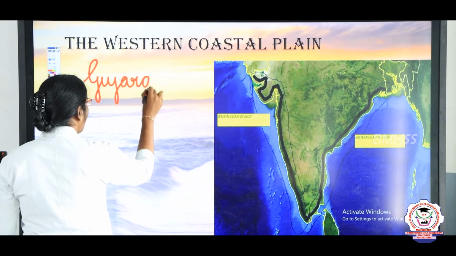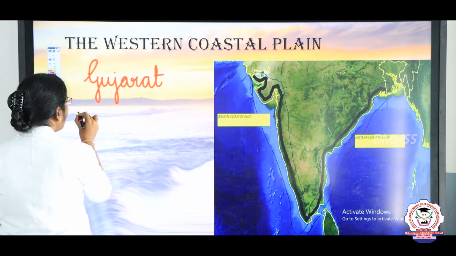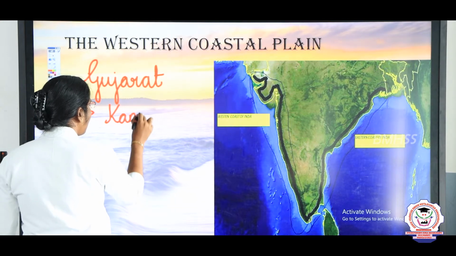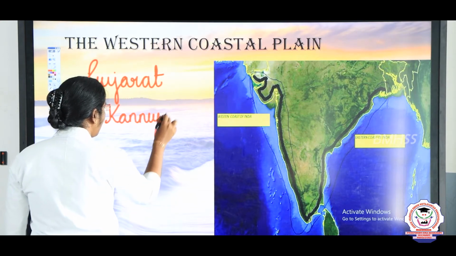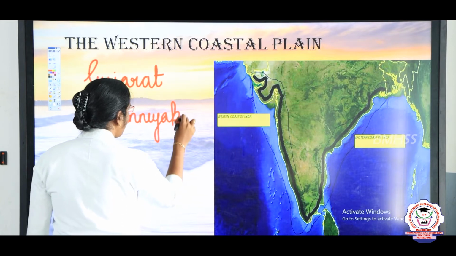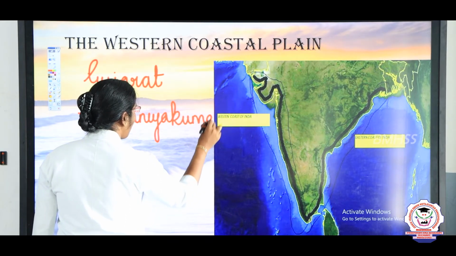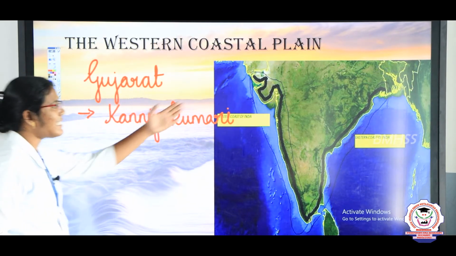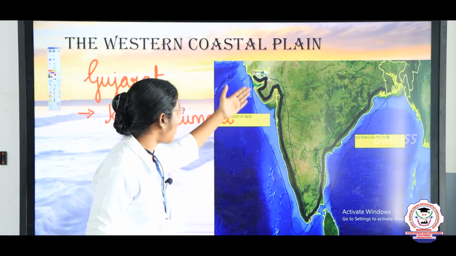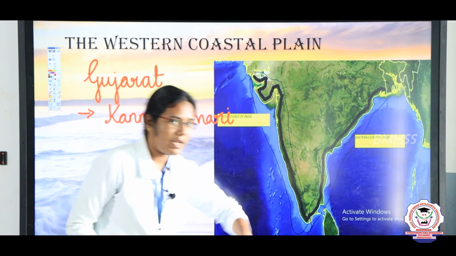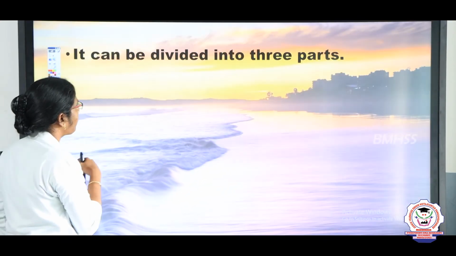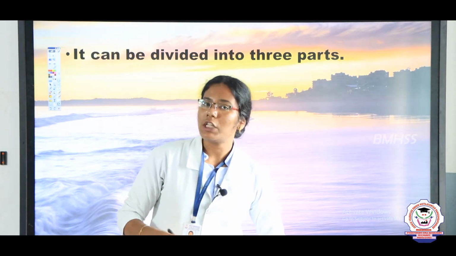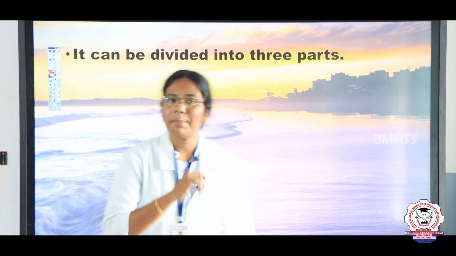G-U-J-A-R-A-T, Gujarat to Kanyakumari, K-A-N-N-I-Y-A-K-U-M-A-R-I, Kanyakumari. The Western Coastal Plain extends from Gujarat to Kanyakumari. Next, it can be divided into 3 parts, which means the Western Coastal Plain is divided into 3 parts, that is